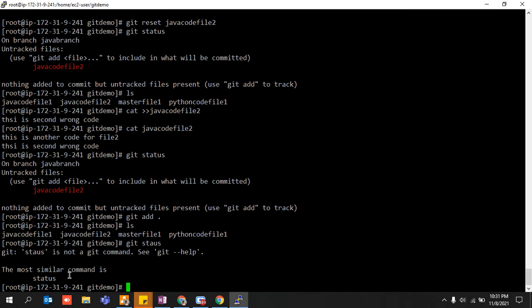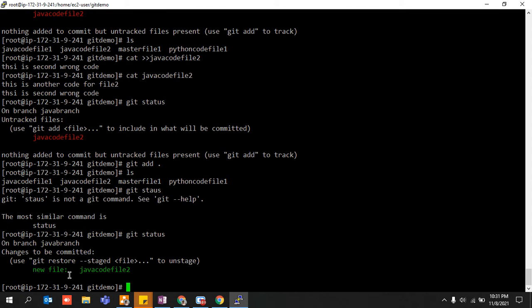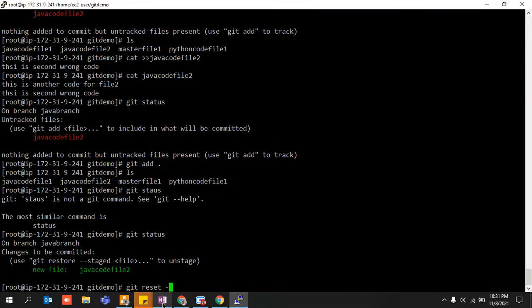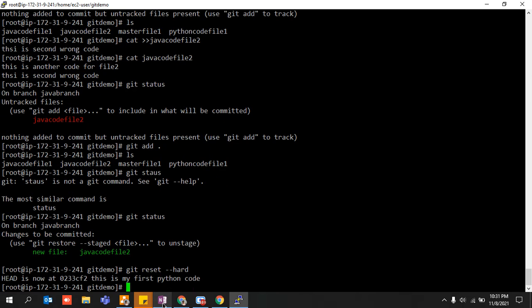Just check it with the help of git status. Right. Again I realized that I've written some wrong code over there, and again I do not want it to be committed. So just write this git, what is the command? Git reset. Yes, git reset --hard.